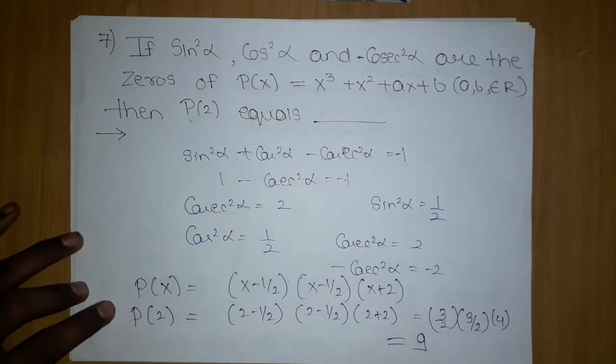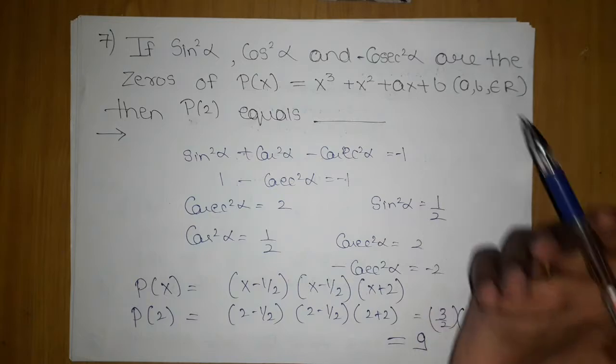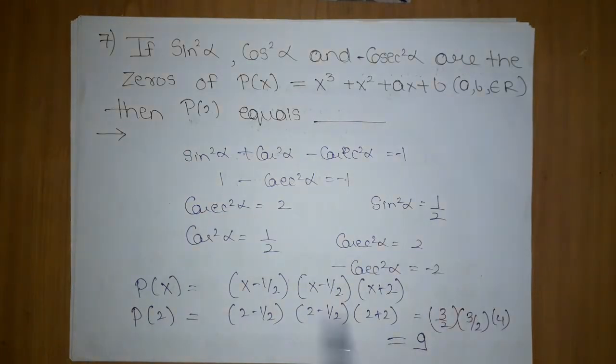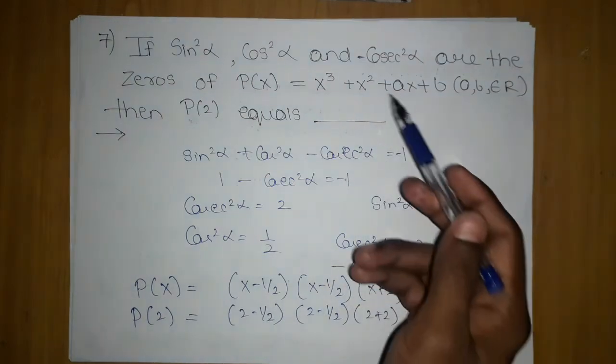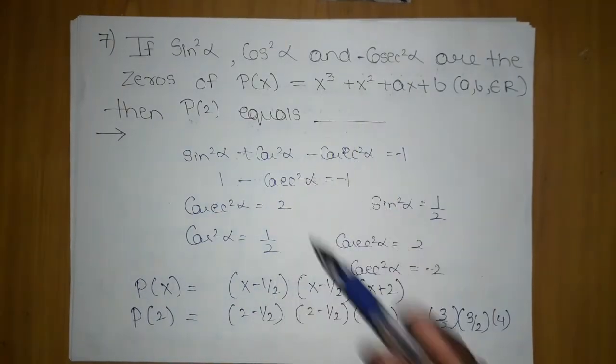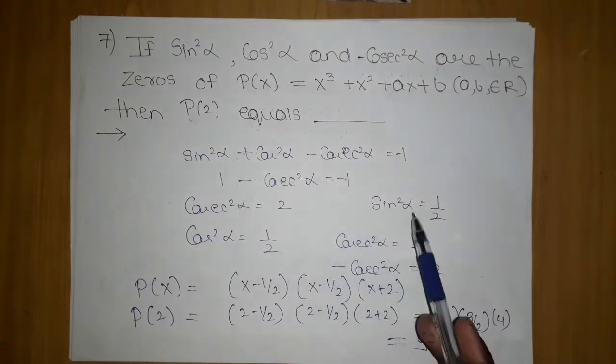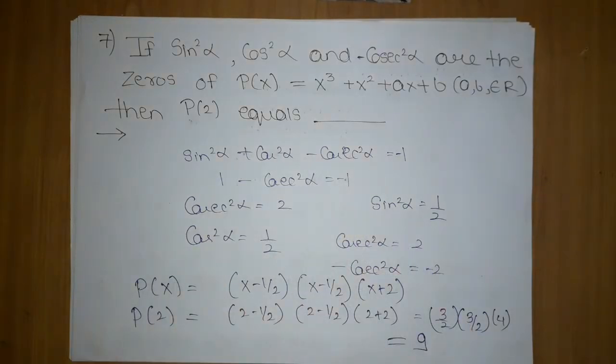Now if you remember, in the starting I said we need to find a and b. But here what happened is we got the roots, so we can write the equation in this root format. So we didn't require to get this, although we can proceed similarly that way also. If I put sin square alpha as 1 by 2 here, and cos square alpha as 1 by 2, I will get two roots, and two equations will be formed.